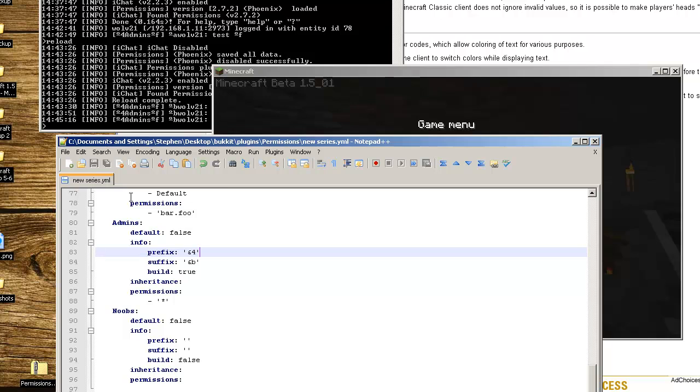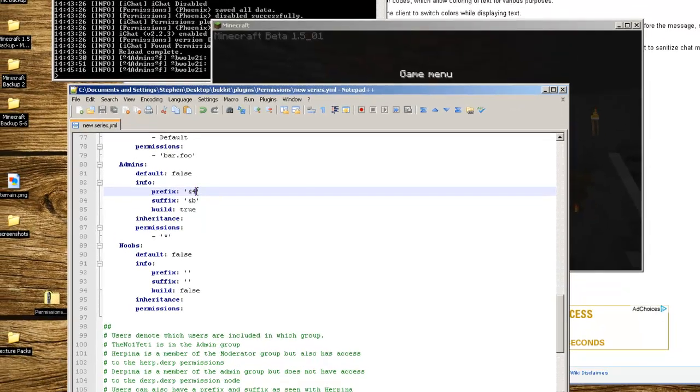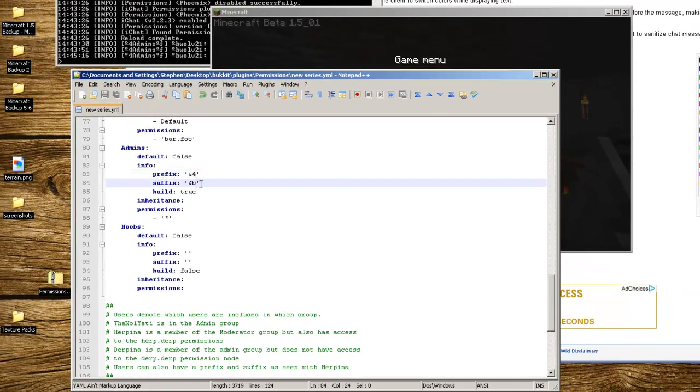Again, within the permissions YML file, there's your world name.yml. The prefix, you can specify one color. The suffix, you can specify another one. And that's pretty much it. Like I said, you can go into each group that you have and specify a new color. You can go,